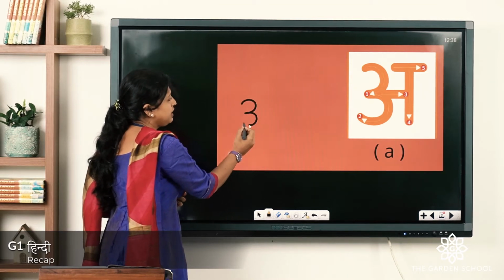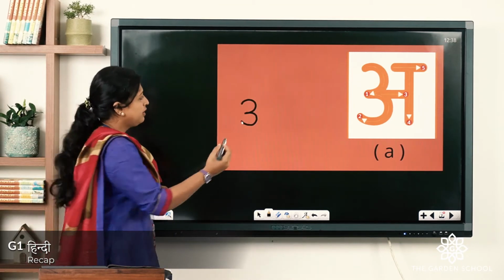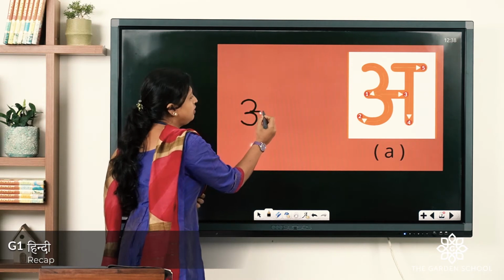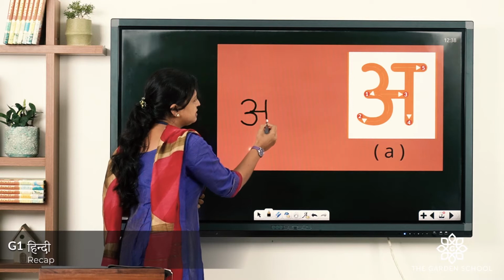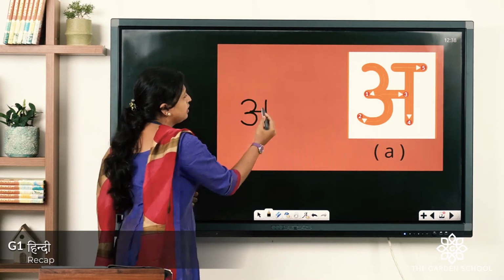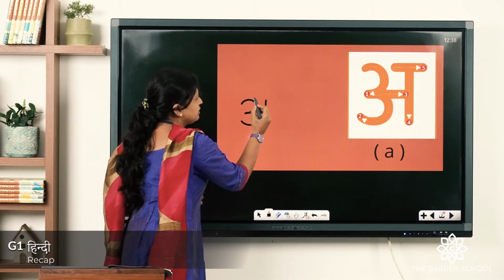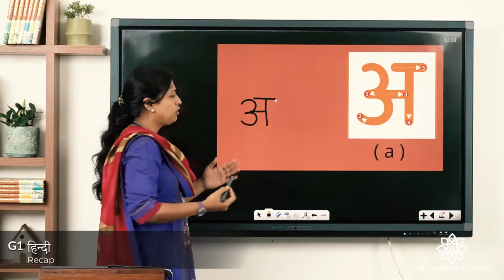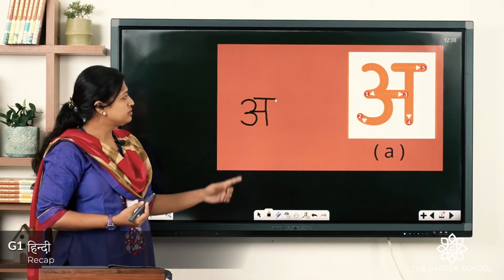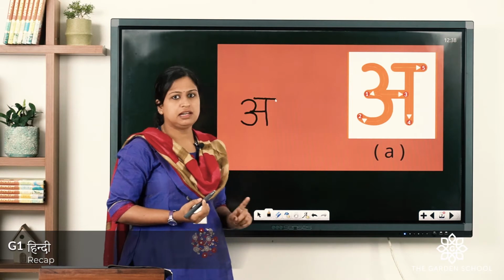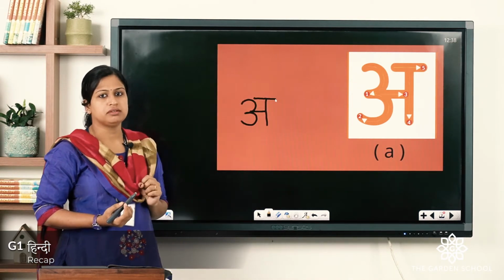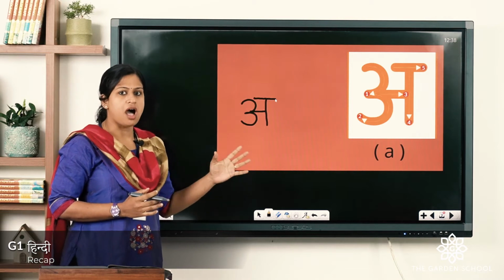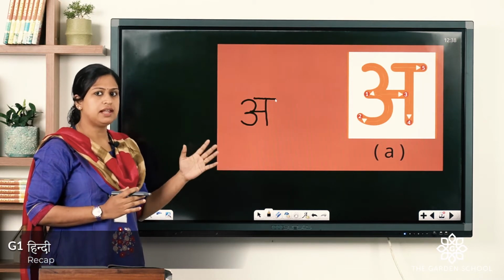First, you have to write 3. Then, a small sleeping line and a standing line. And you have to draw this sleeping line on the top of A. So, you can see here that the sleeping line doesn't touch the top part of 3. So, this is A. First Swar letter A.